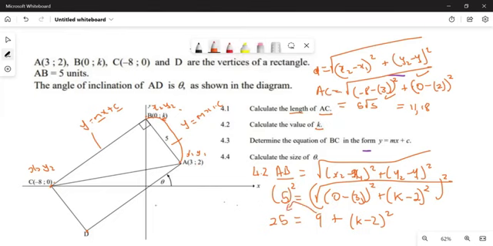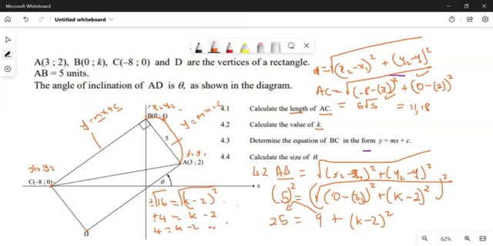If you take 9 to the other side, it gives 16, which is equal to k minus 2 all squared. Now you want to remove the square. How do you remove the square? You take the square root, and the square root has a plus and a minus. And then you have plus and minus 4, which is equal to k minus 2. So you will have 4 equals k minus 2,